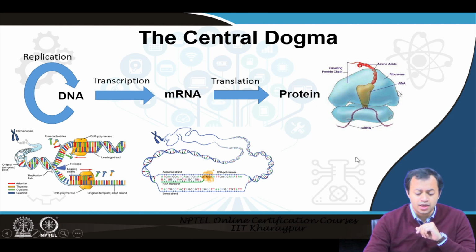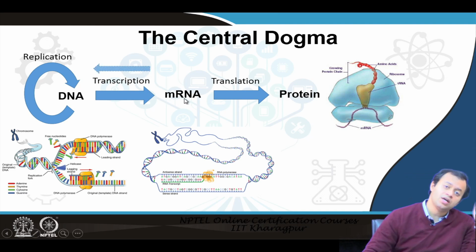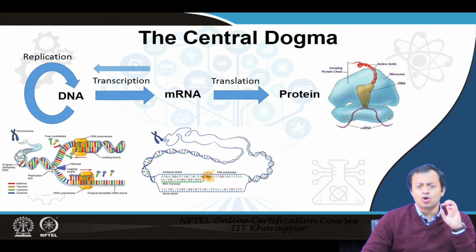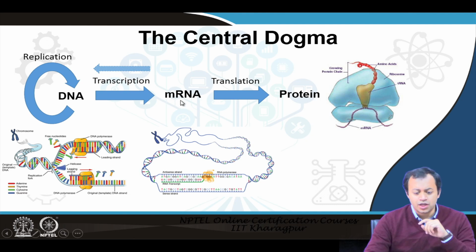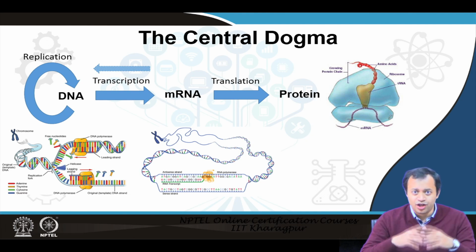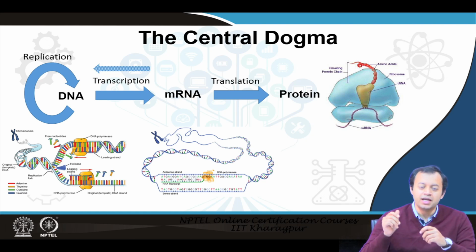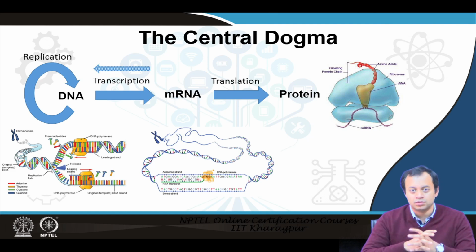Now, here it needs to be understood that there is a process called reverse transcription where RNA can be reconverted back into DNA. However, that is almost exclusively laboratory based. In natural processes, DNA gets converted to RNA, RNA gets converted into protein. Granted, in certain circumstances RNA can reconvert back to DNA, but once RNA has been converted into protein, once you have made your dish, once you have cooked your food, once you have made your cake or biscuit or roti or chapati, you cannot break it down into a recipe book.